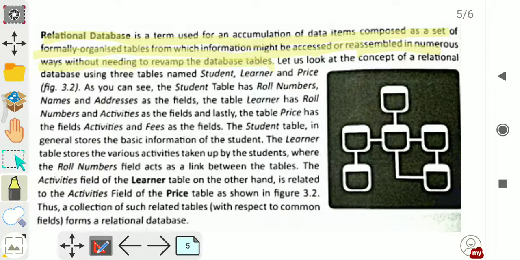It means in a relational database many tables are formed and the data is stored in them, and we can retrieve the data in any manner, any format, in many ways from these tables. If any information regarding a person is in one table or more tables, then we can retrieve it in a single sheet.